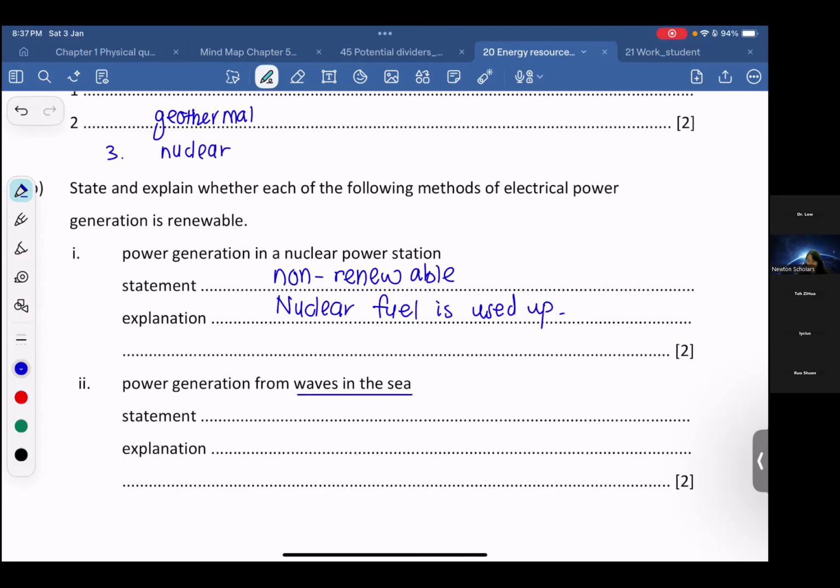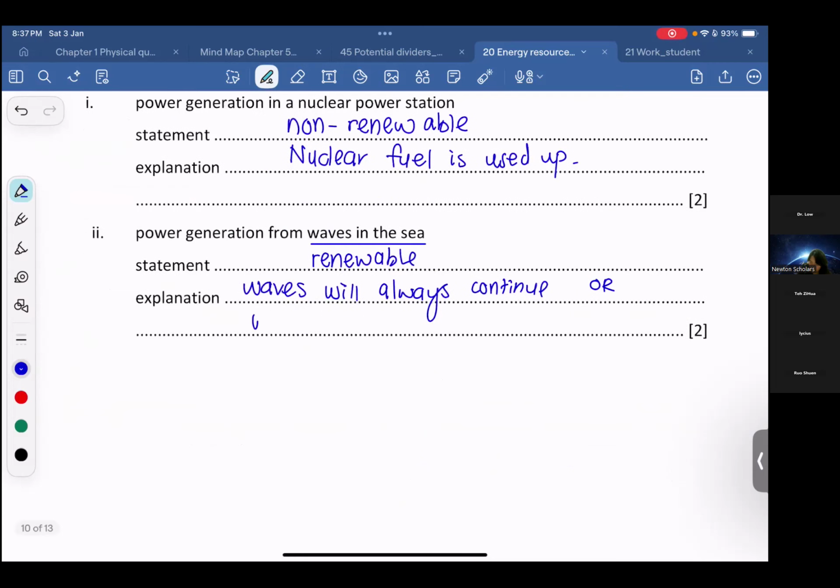So this one is renewable or non-renewable? Renewable. Okay, reason is waves never run out, yes. Okay, will always continue. So at here, answer scheme, they also accept waves produced by wind. When the wind blows, the wave is generated, which will always